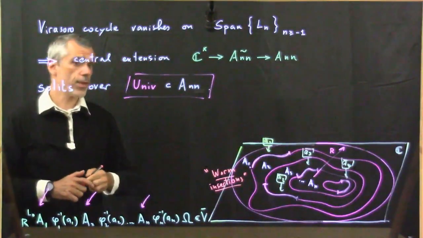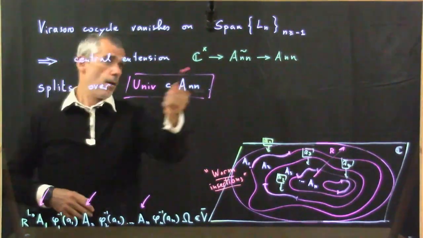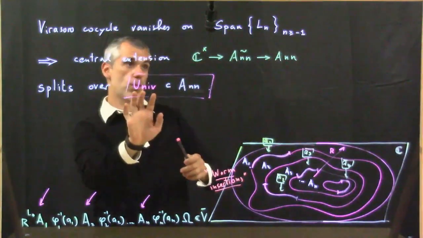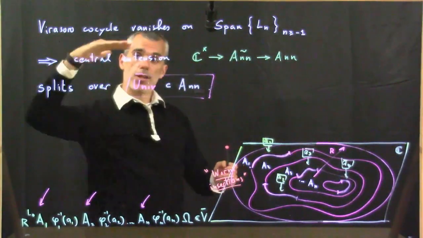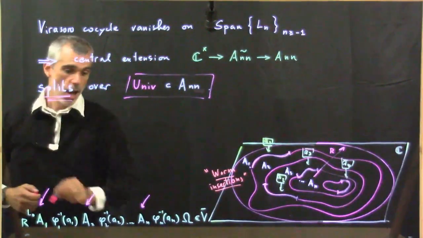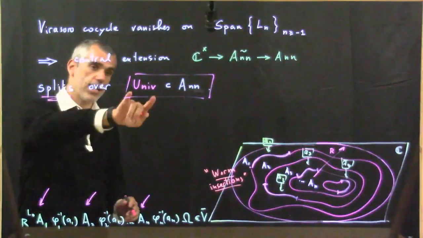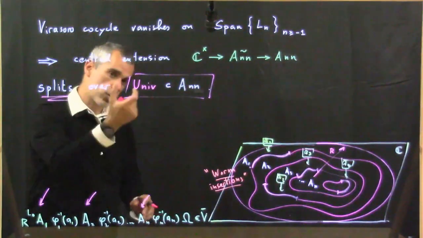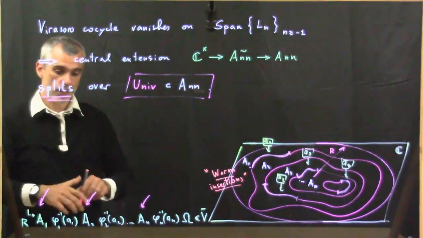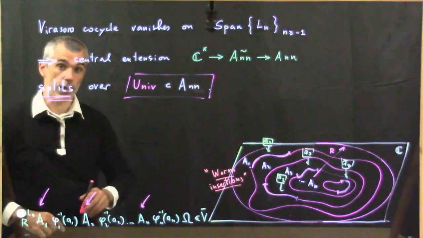And at the Lie algebra level, because the part of the Virasoro algebra that corresponds to this is one over which the Virasoro cocycle vanishes, the central extension splits. And so what this means is that these act by honest operators on the Hilbert space and not just well-defined up to phase, and therefore these are actually well-defined.